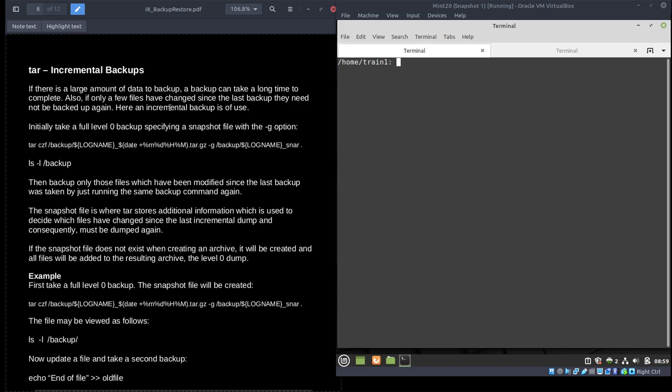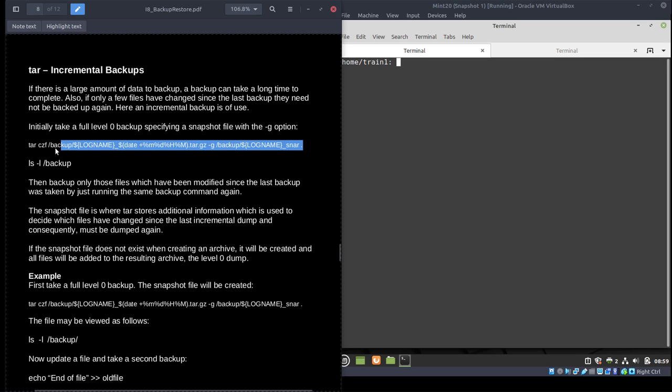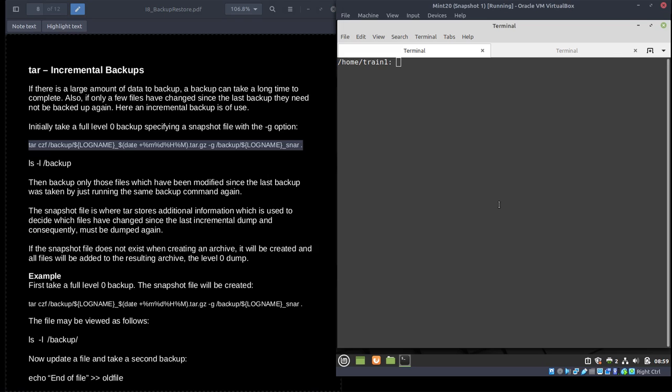Here you can use an incremental backup. So initially what you do is you take what's called a full level 0 backup, and here you specify the -G option like this. So this is tar CZF, so it's not going to display everything, there's no V, but it is going to zip it. It's going into backup with my log name, the date and time, .tar.gz, and then -G says in the backup directory create a file called